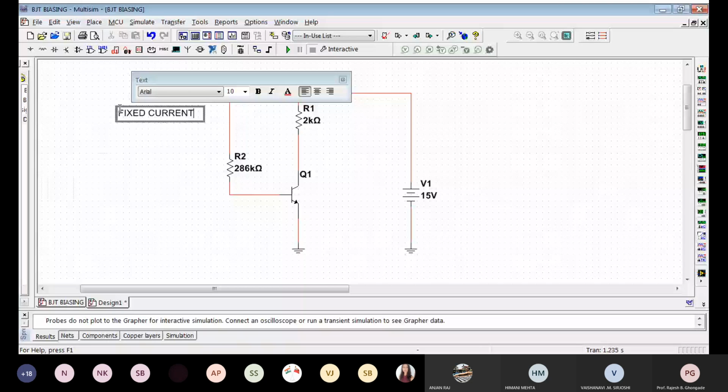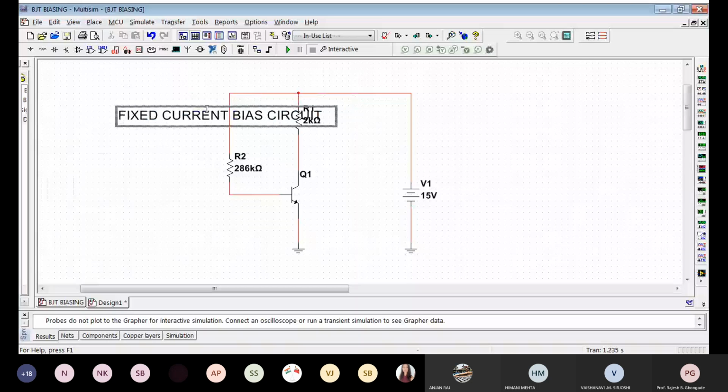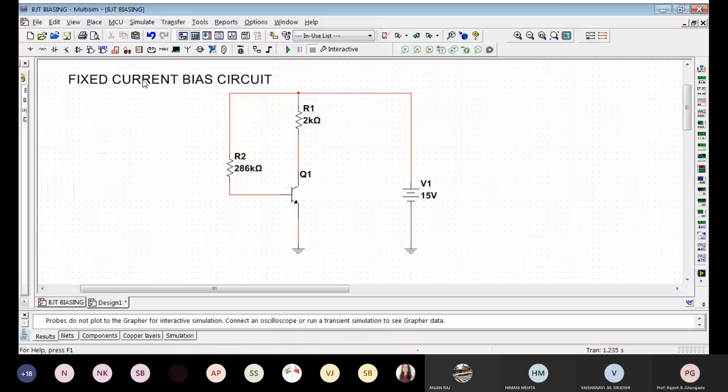Now why I'm showing you all this, there is a reason for that. This text is what is required henceforth whenever we go for the Multisim based assignments. You are supposed to place the text over here, write the title of the circuit and your name and roll number.